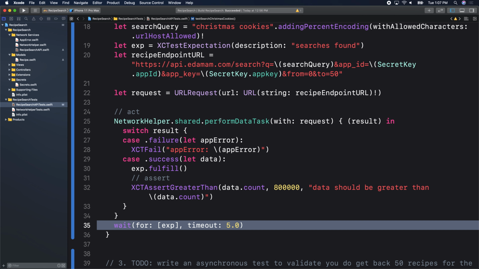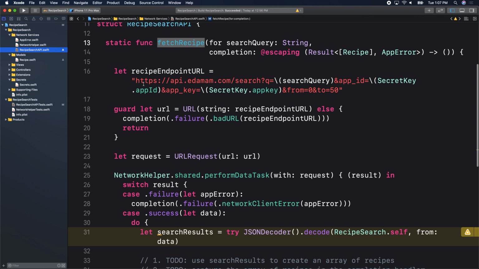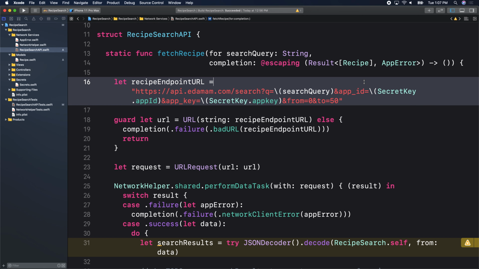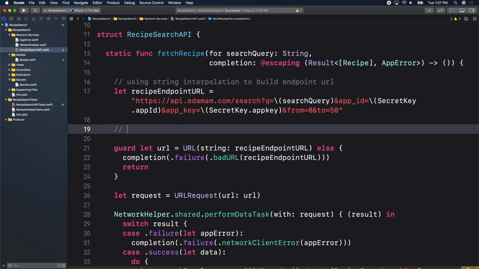Other things we'll talk about at some point, maybe not exactly today, but I want to talk about, here we're using string interpolation to build the endpoint URL. But there's a next way to do this. I'll put a to-do there for myself, or fix me, or something, or later. Later, we will look